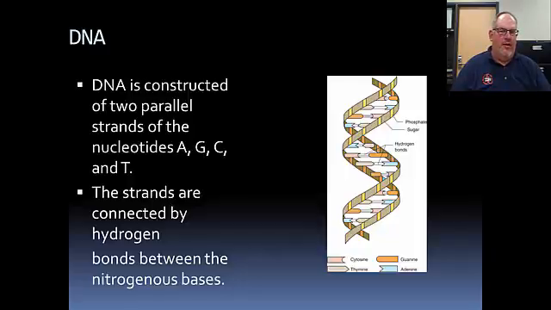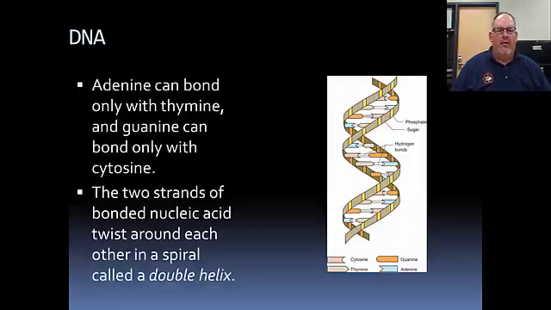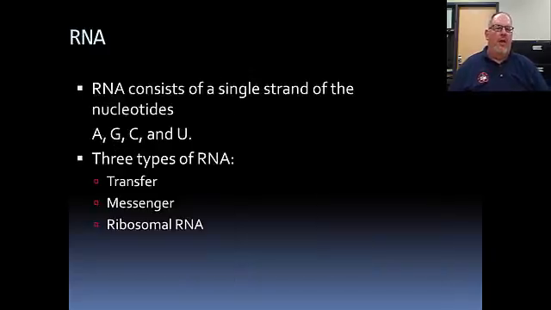With all the DNA in a human body, there's as much storage capacity in the DNA there as there is for the world's supercomputers. So there's an unbelievable amount that's actually kept in here. And so that's why they're quite large, long, complex molecules. We kind of went over adenine can only bond with thymine, guanine only binds with cytosine, and so you have the two strands that are bound and they wrap around each other and they make that double helix shape, which is what makes DNA unique. RNA, on the other hand, is just a single strand, and it has uracil instead of thymine.